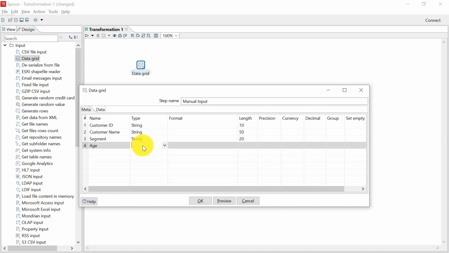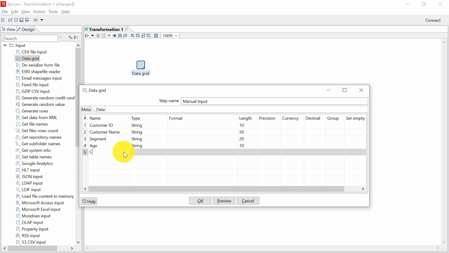So for example, if a customer has stored 20 as TWENTY instead of 20, in such a situation, we will not be able to collate the data, because all the streams of data should have the exact same field types and field lengths when we are joining them. So right now I am keeping age as string type only with a length of 10. And later on we will change this age variable to integer type.